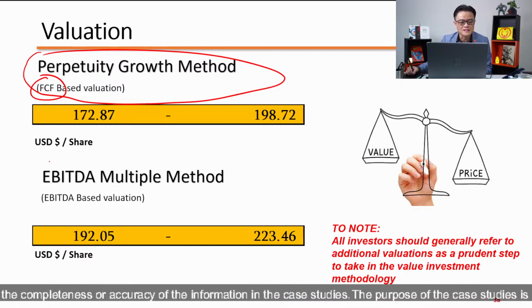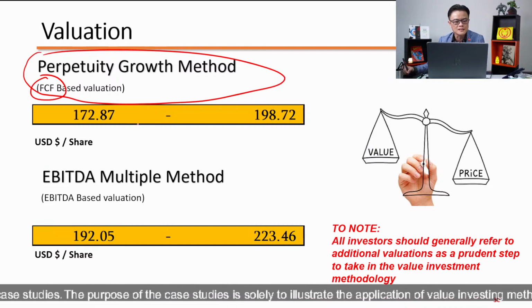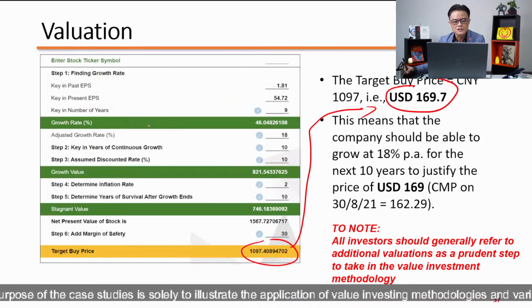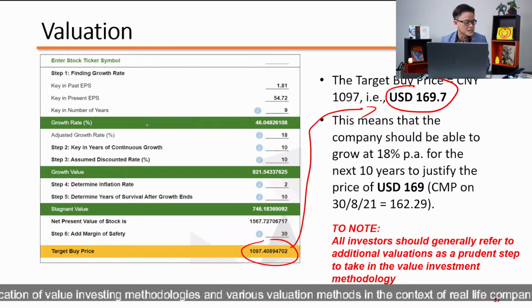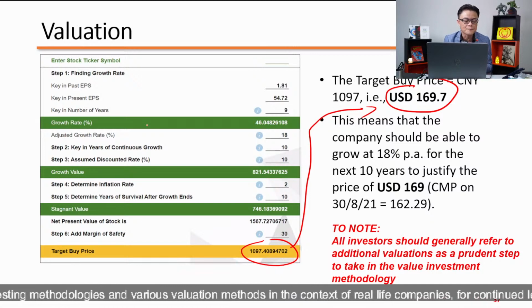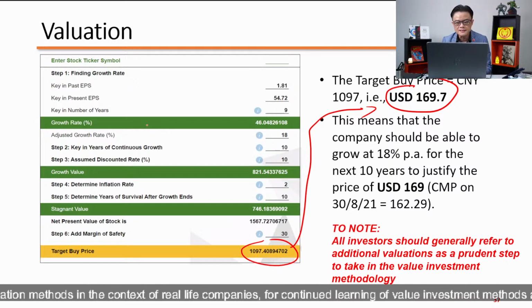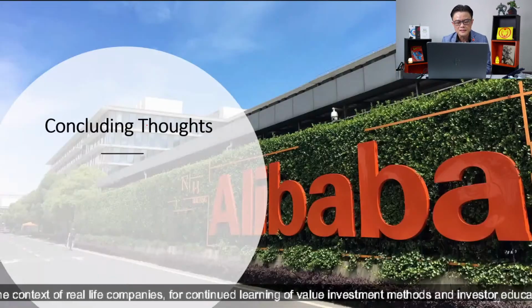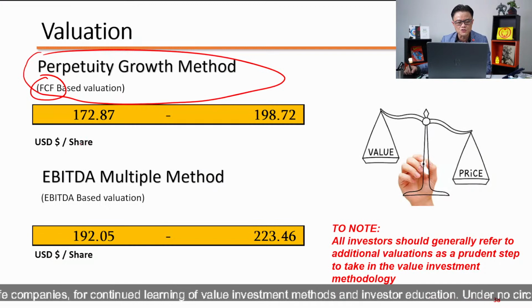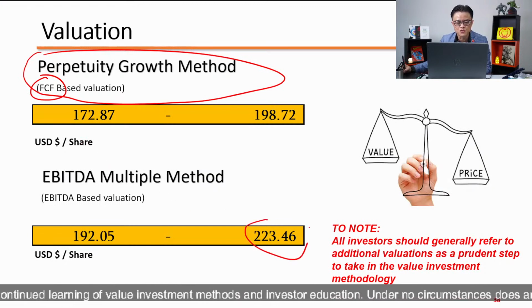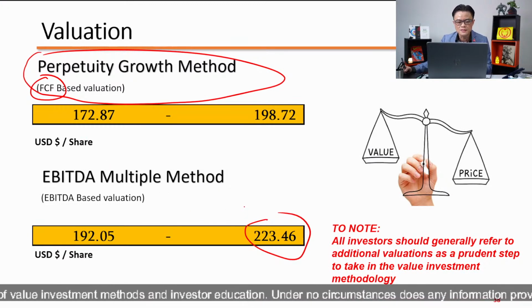Then, of course, we have the EBITDA multiple method. Now, putting all the nitty-gritty aside, at least you have some range. Maybe I can leave this slide here. If you want, you can take a screenshot in the next 5 seconds. By the way, the YouTube video will be left on this URL permanently, so you can always come back, look through the slides, and take screenshots. So the range goes from 169, which is the lowest, to 223, which is the highest.